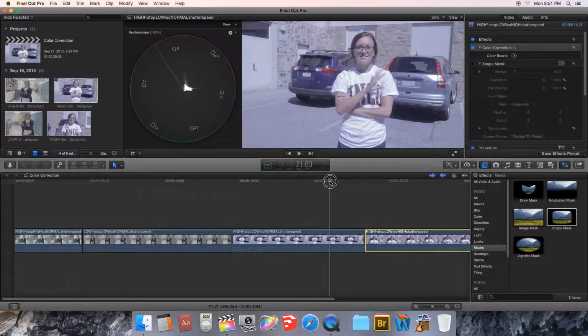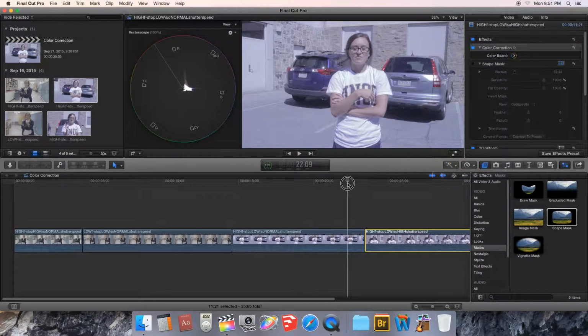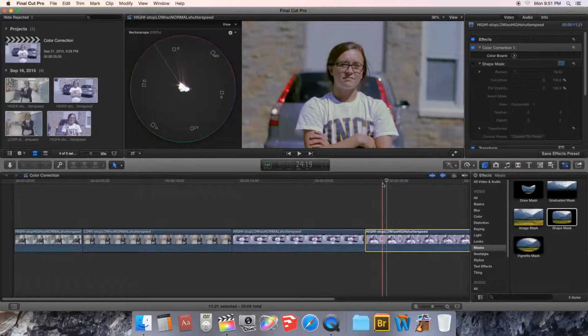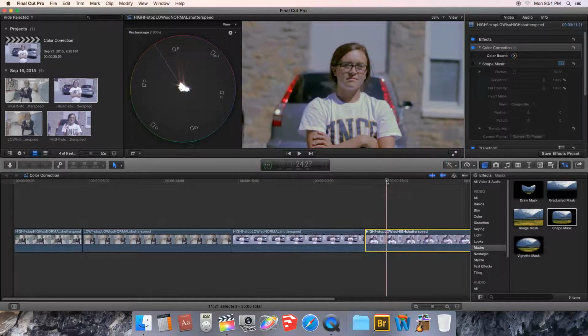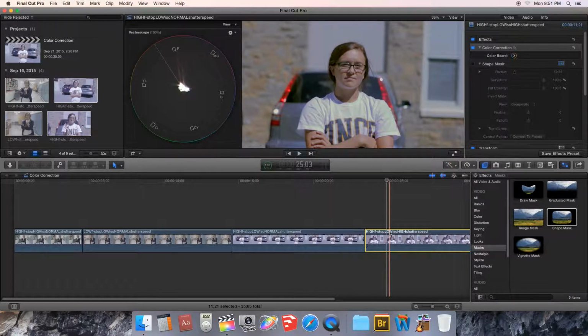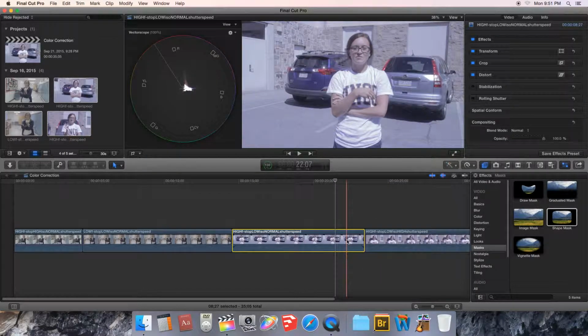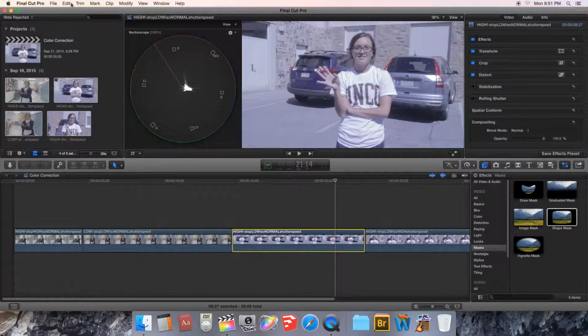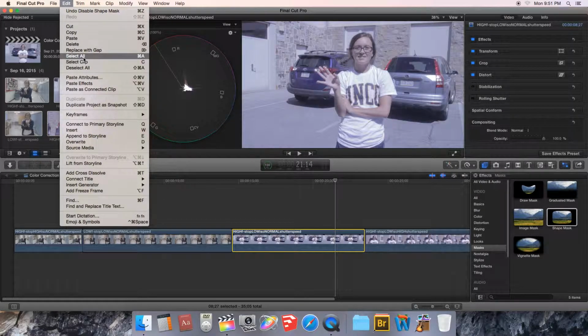from the same camera. So in this case, two different cameras, two very different settings, one a very shallow depth of field and one a very deep depth of field. So a bunch of different camera settings obviously taking place. But in this case, what I want to do is Command C, copy, as though you would copy and paste this clip, and then come over to the clip that has been uncorrected, and instead of just simply pasting it,